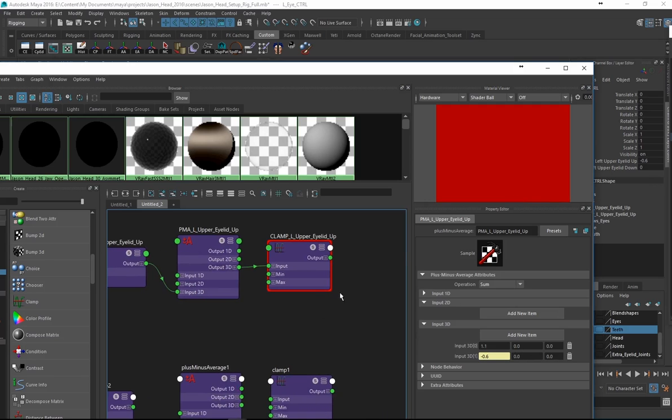So what I want to do here is pass this value